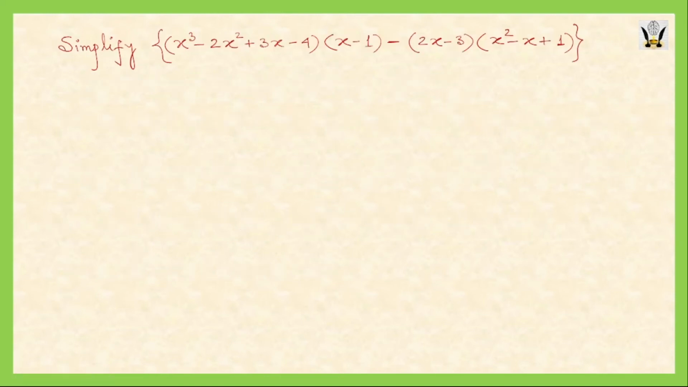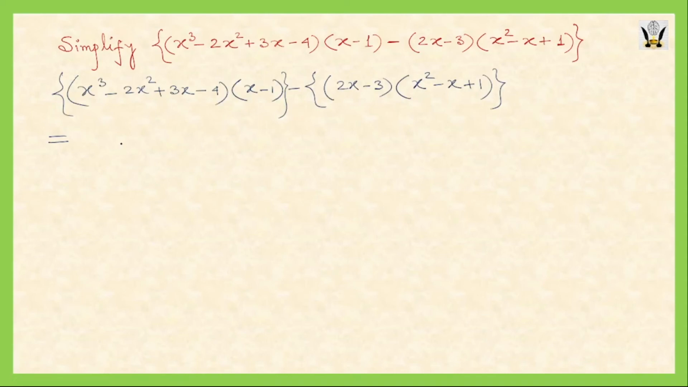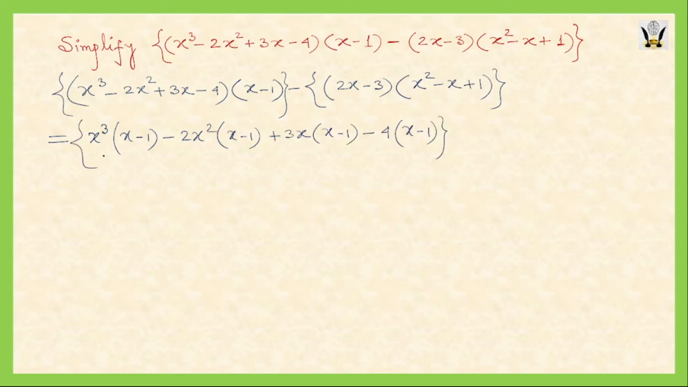Now we are left with one more simplification, and for that we will be applying the same concept. So it will be x cube multiplied by x minus 1, then minus 2x square, and here again x minus 1, then plus 3x, and here it is x minus 1, and then minus 4, and then x minus 1. So this is our first algebraic expression. Then from there we are subtracting the second one. It is 2x, then x square minus x plus 1, and then minus 3, and then multiplied by x square